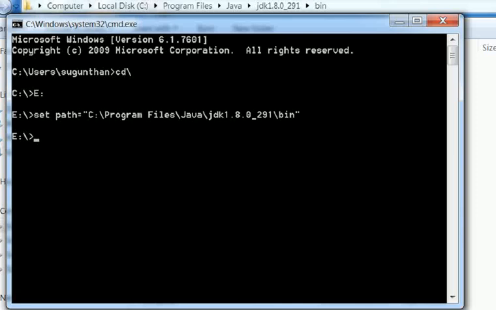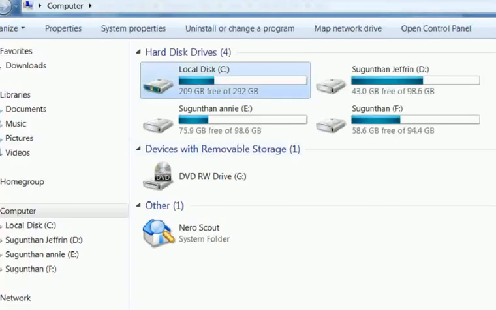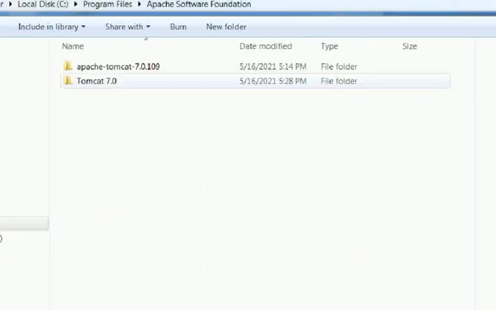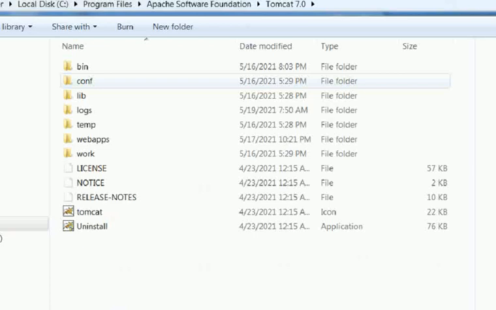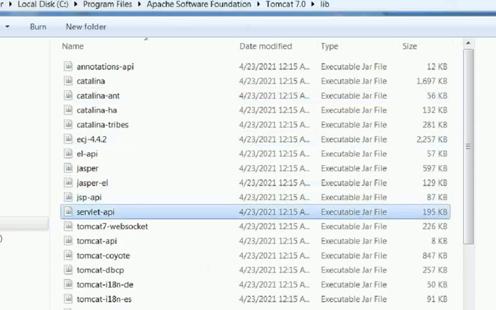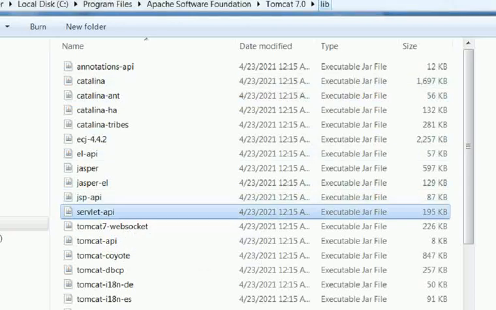Now you want to create the class path for the servlet. javac hyphen classpath, double quotes, my computer, C colon, program files, Apache Tomcat 7.0, lib folder. Here check the servlet-api file, whether this file is present or not, because by using this jar file only we are executing the servlet program.